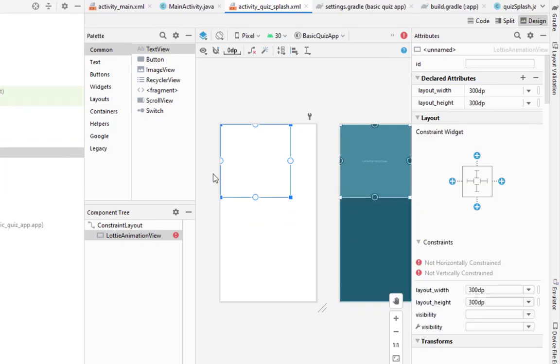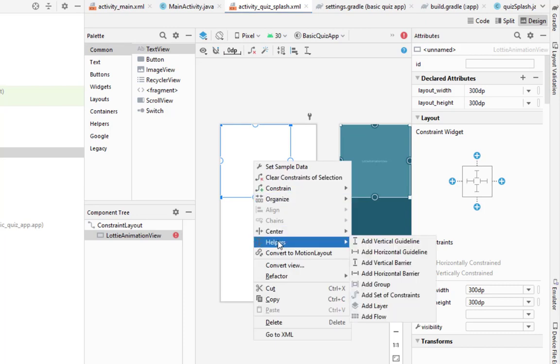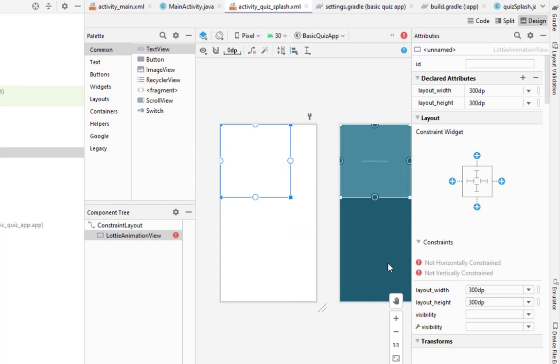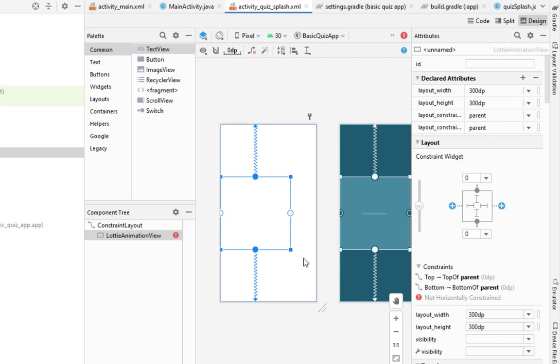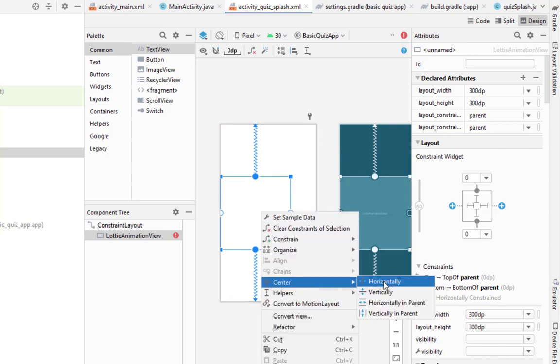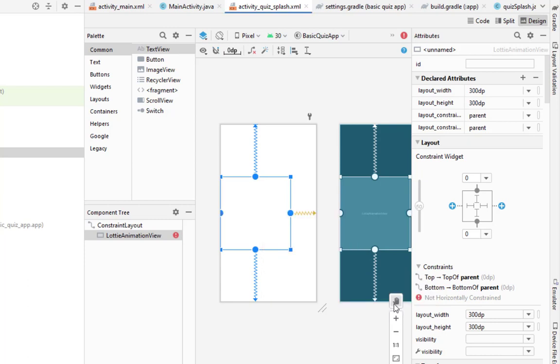First of all I will make this view horizontally and vertically centered with the parent. I will make it vertically centered in the parent, so it will center this view with respect to the screen. Then I will make this view horizontally centered.